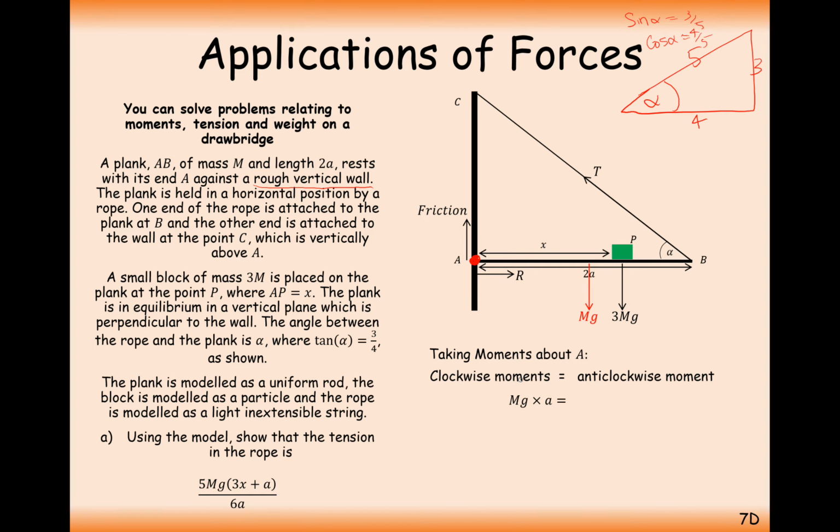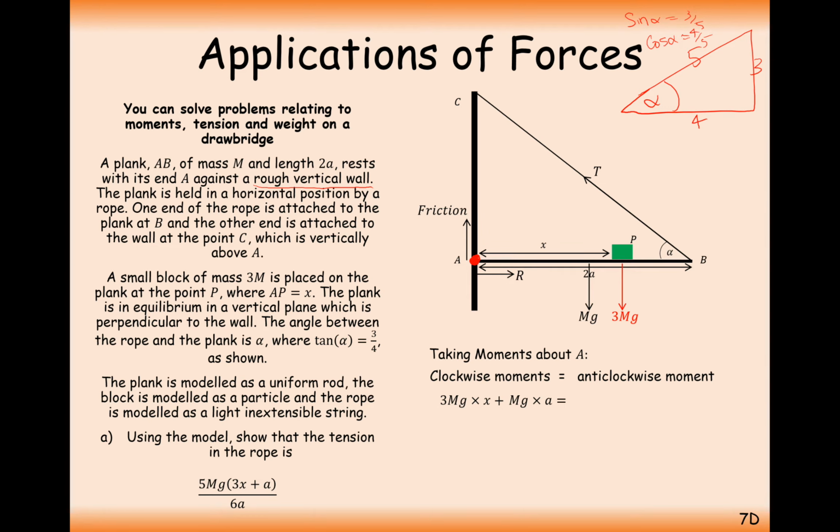And that's going to be in the clockwise direction, because if we consider this red point to be the centre of the clock and it travels downwards and to the right, that's in the clockwise direction. The next force that we'll consider is the 3mg force here. That's going to be travelling in the same direction as the previous force. It's a force of 3mg and a distance x, so therefore the moment here is going to be 3mg times